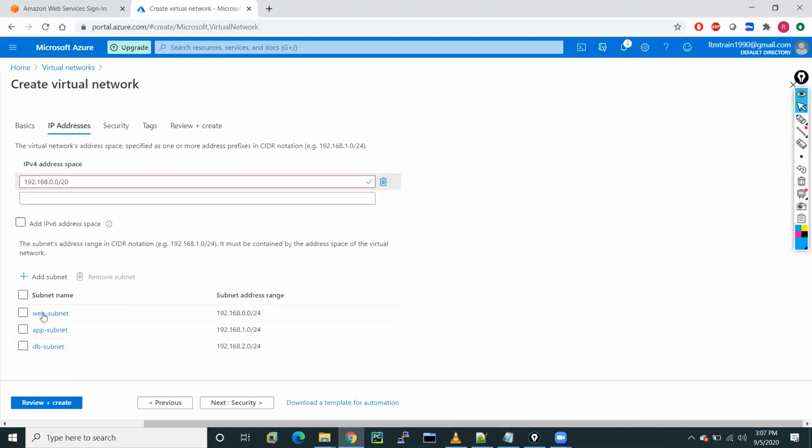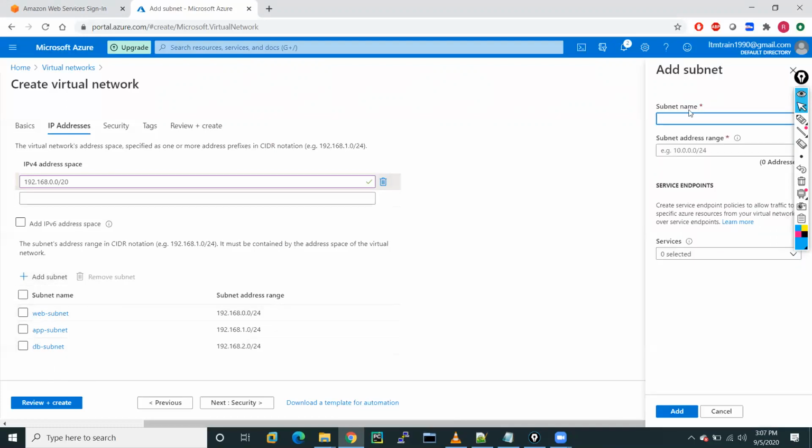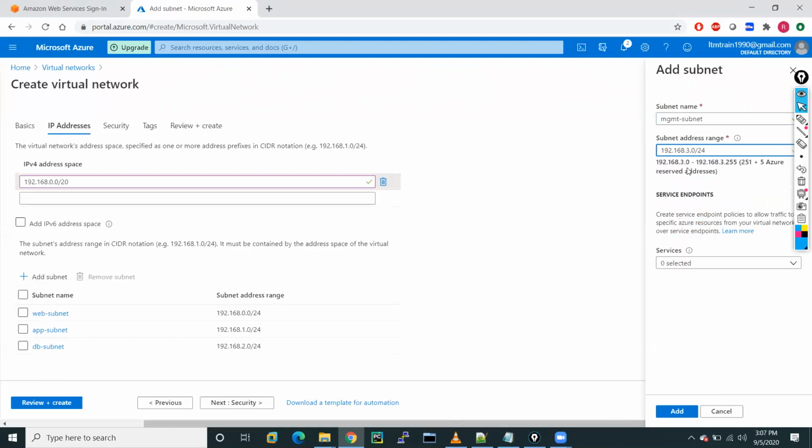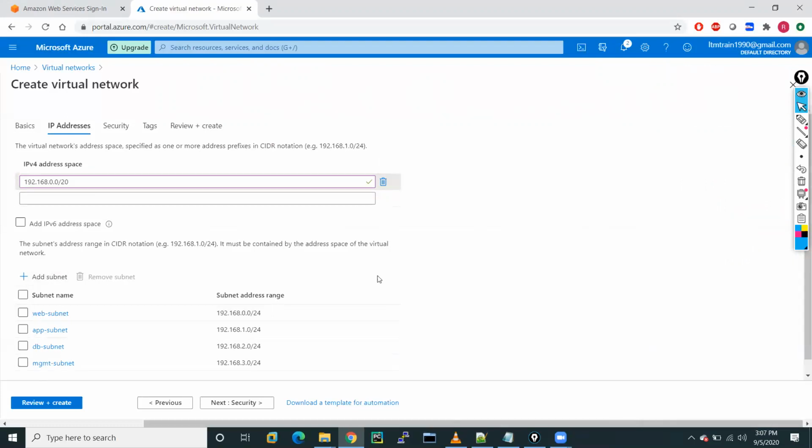Click on add here. Now I will also create one more, the management subnet, 3.0. Generally we always use the last subnet range for management, but it's okay here. Click on OK here.